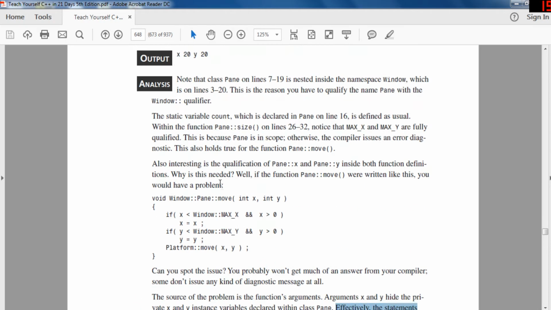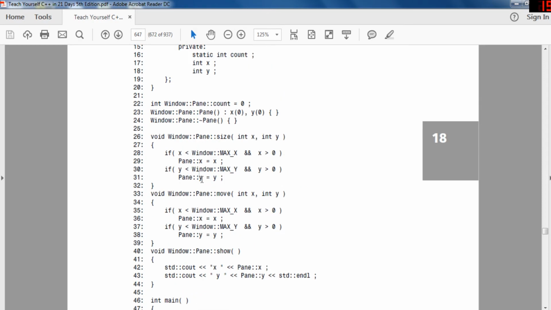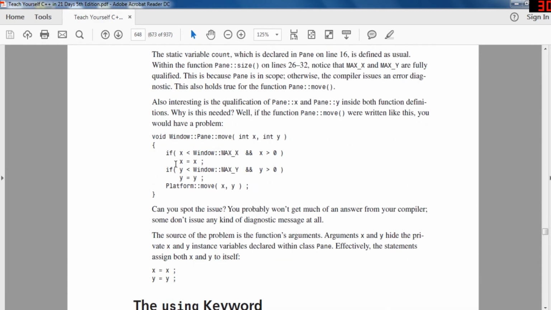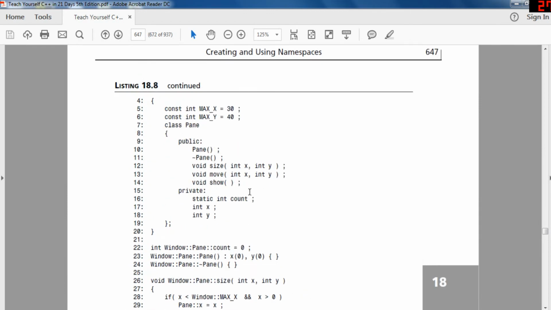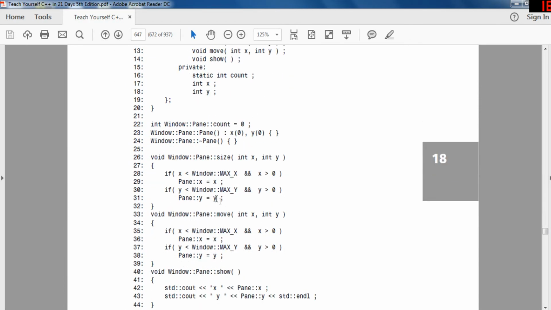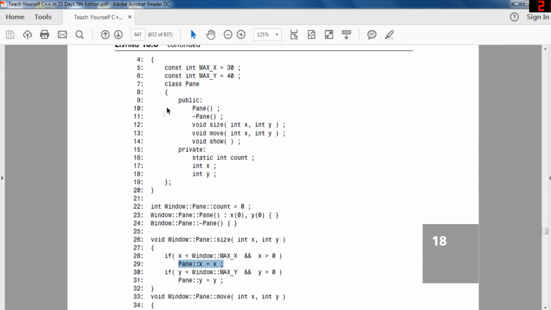Okay, so if you don't have pane::x equals x, then this would just assign the values to itself. It doesn't know which x and y it would use. So that's why you have to put pane::x to show which instance variable you're using. So here they had pane::x equals x. They could do that because of